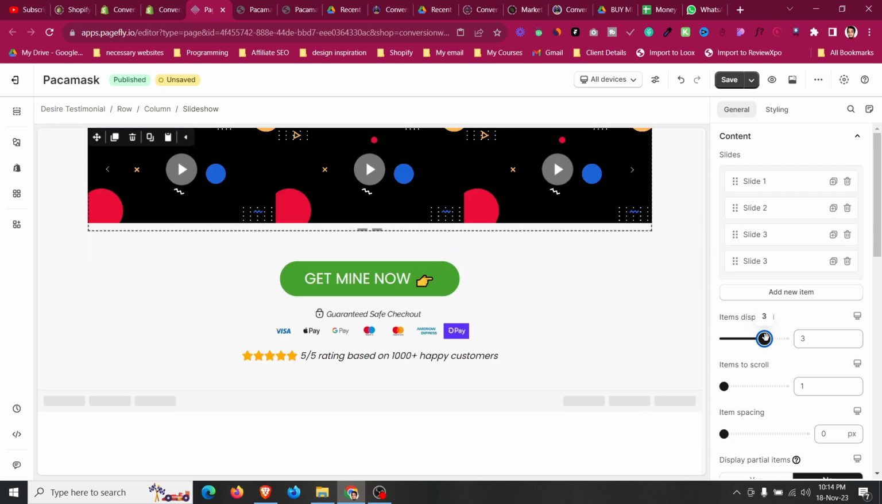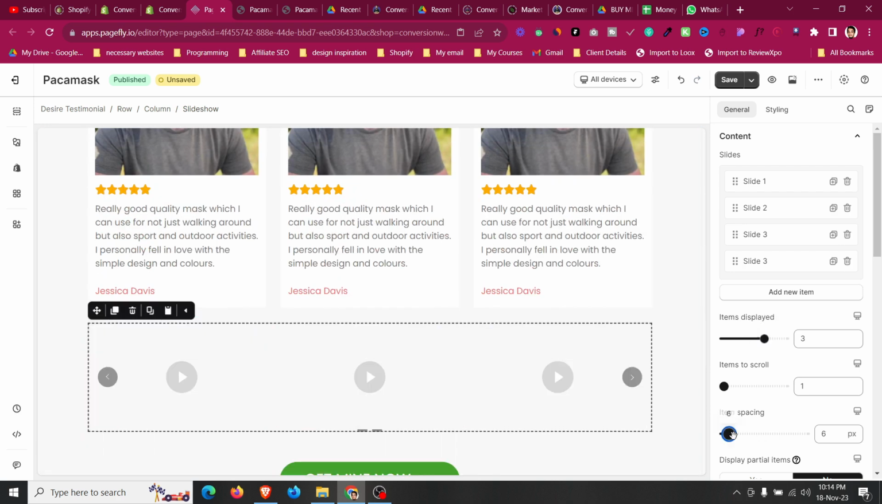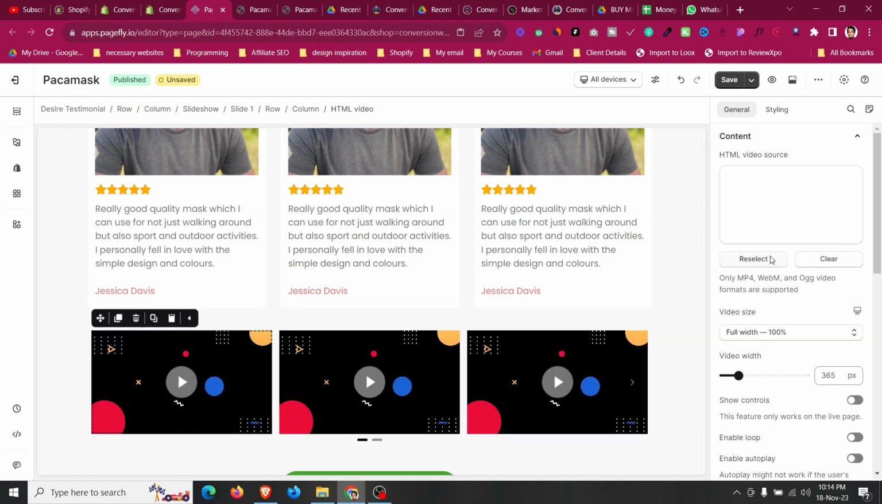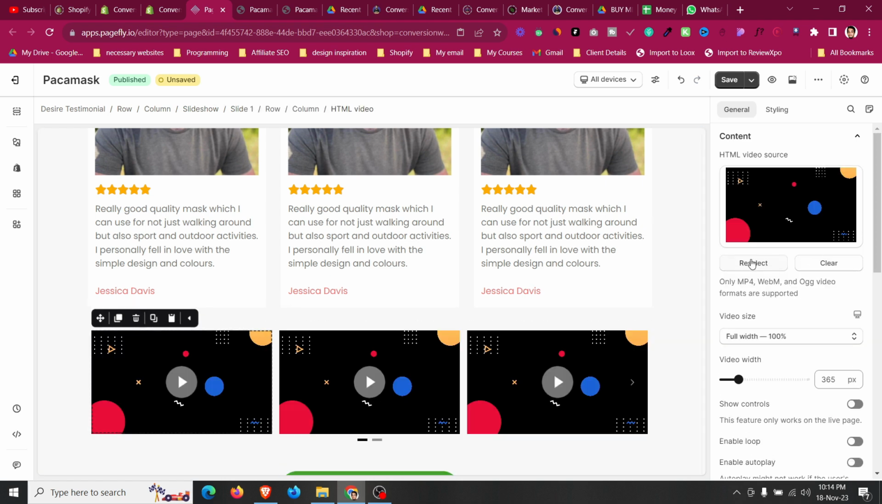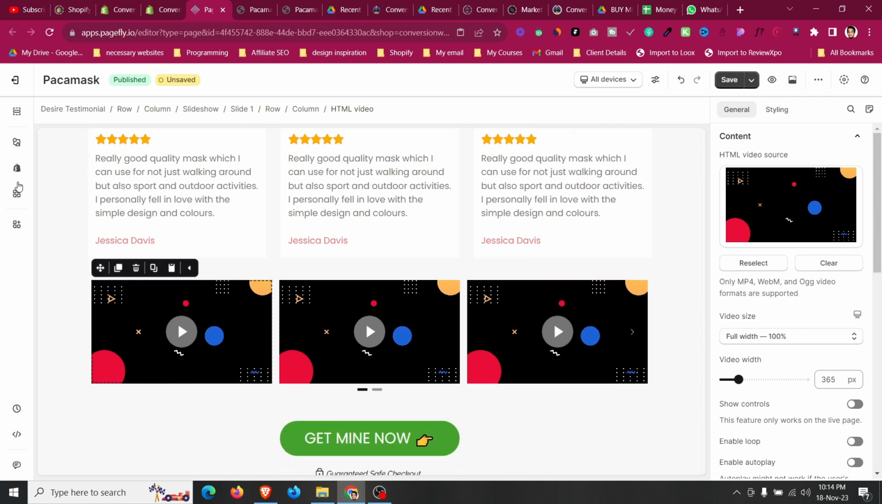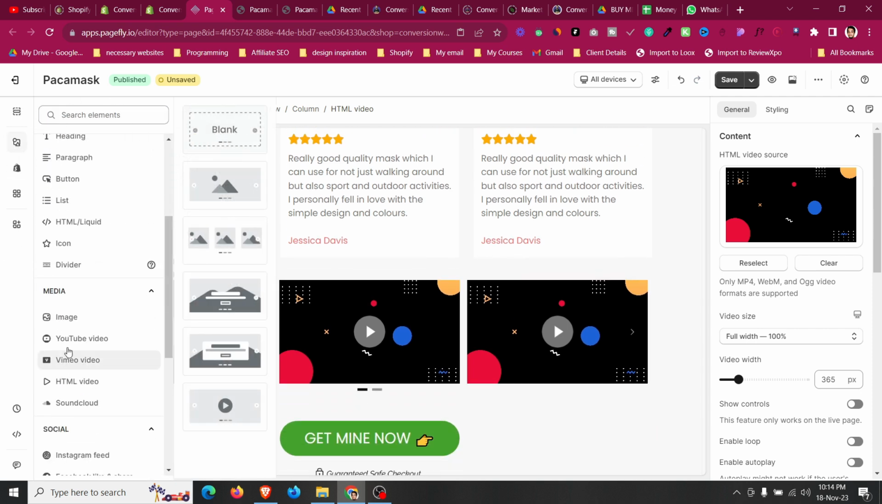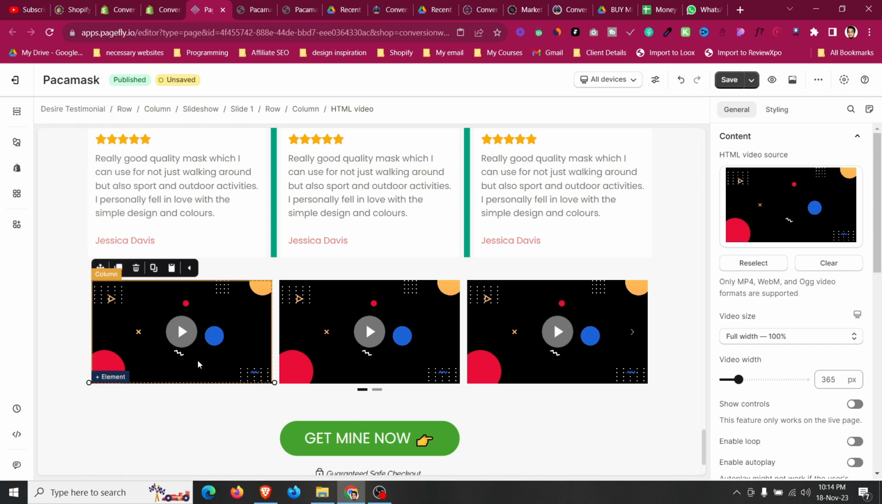Okay, now items to be displayed, if it is 4, then duplicate another slide and then items to be displayed will be 3. Okay, then the items will have some spacing like 15. Then click the video, then upload the video from your PC if it is there, or if you have a YouTube video, click on add element and drag the YouTube video element under that